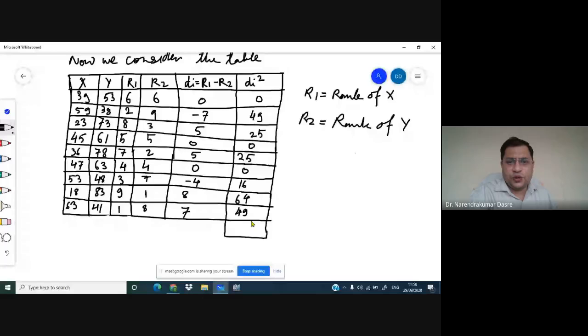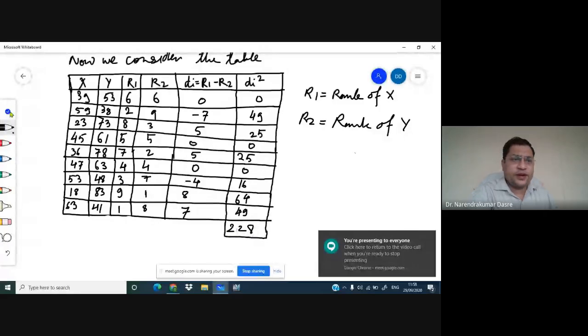What is the value of summation di square? So you got a value that is going to be 228. That's good. So you got this value to be 228. And once you get this value,